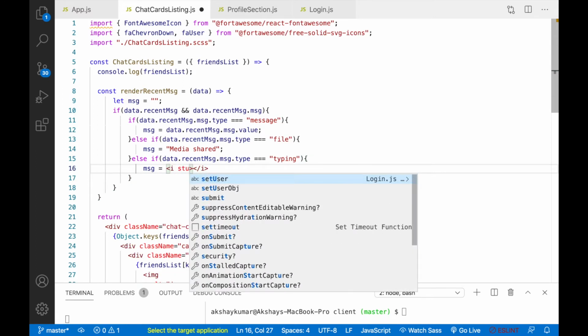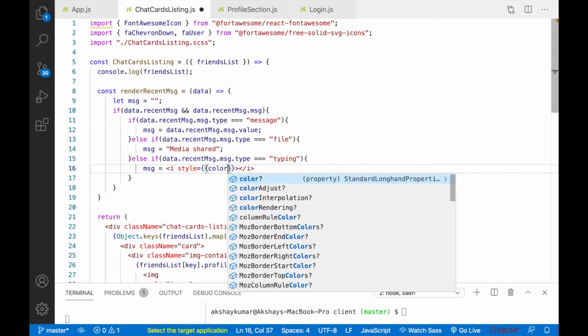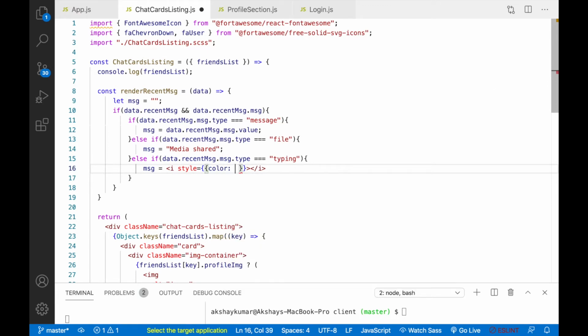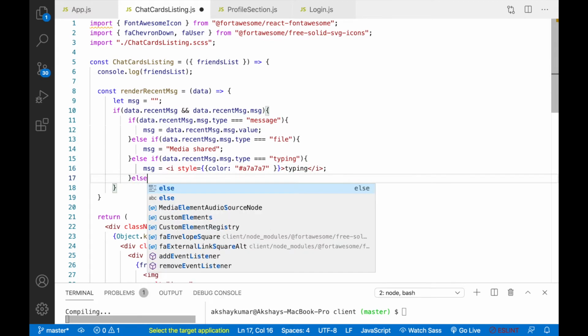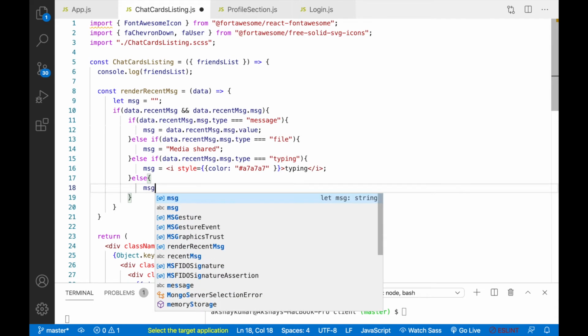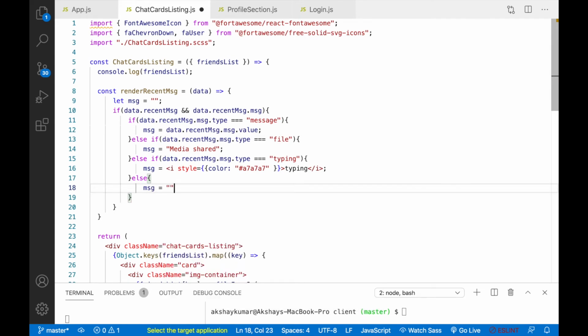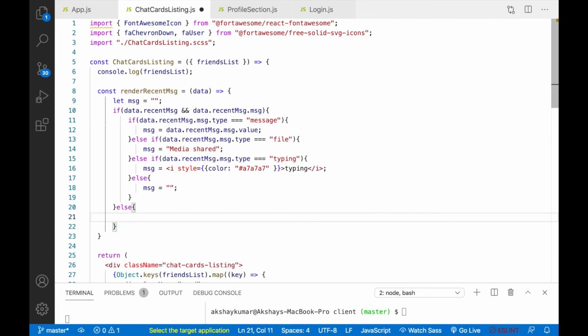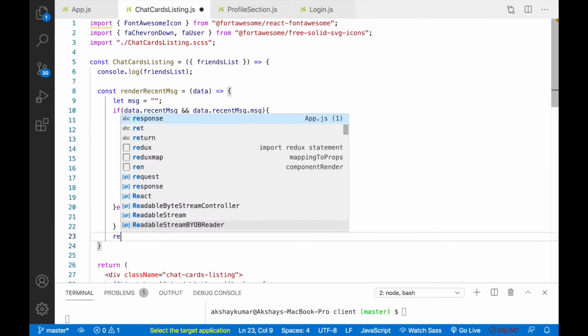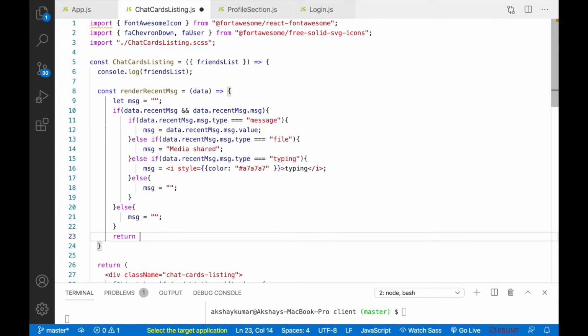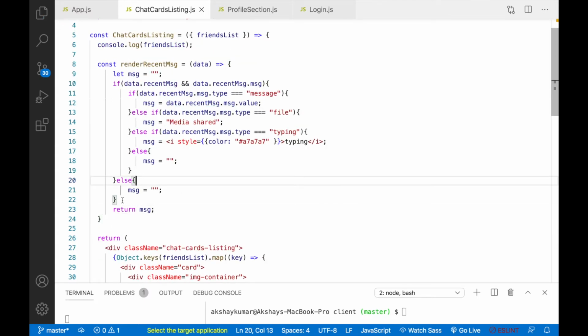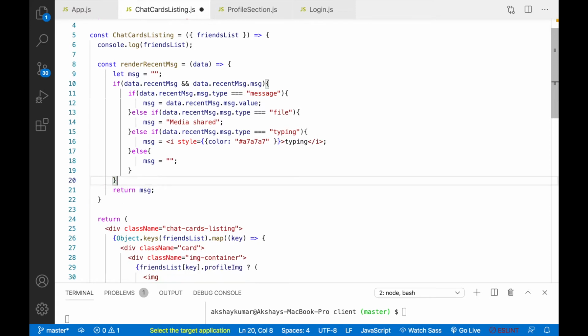We'll write style, and here we'll write color as some gray color, and here we'll write typing, and then else we'll just write message equals empty string. And for this outer if, we'll write else, again message equals empty string, and here we'll just simply return message. I think we don't need this also, I'm sorry for this.